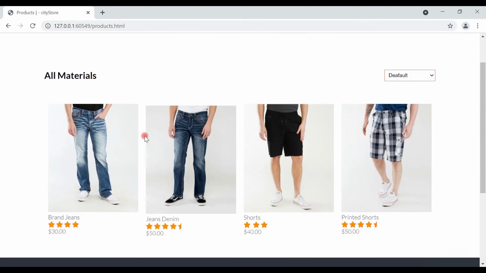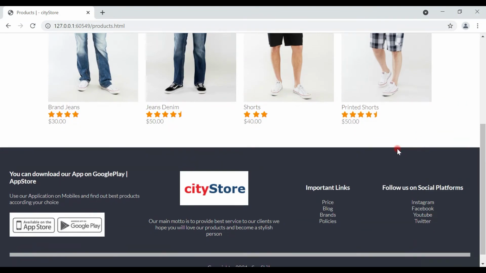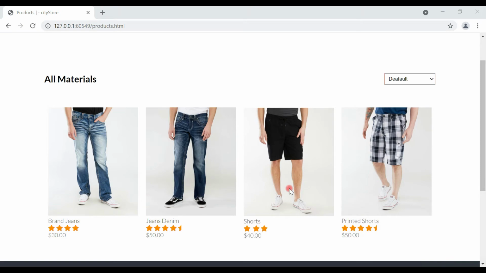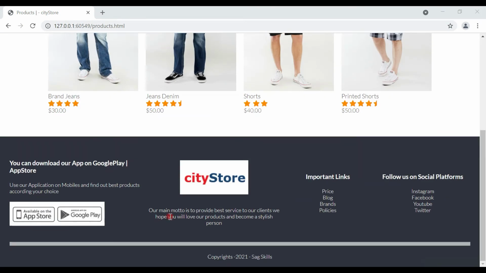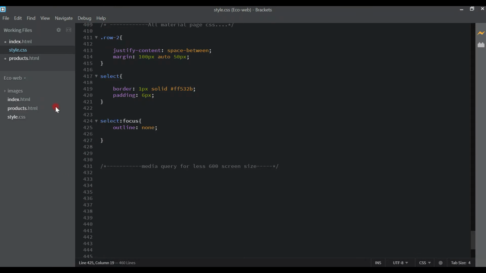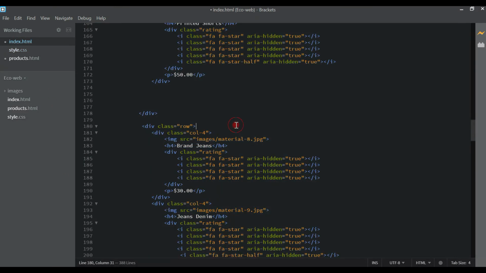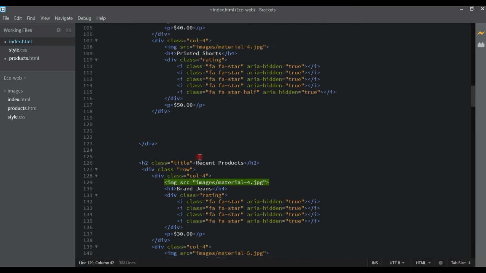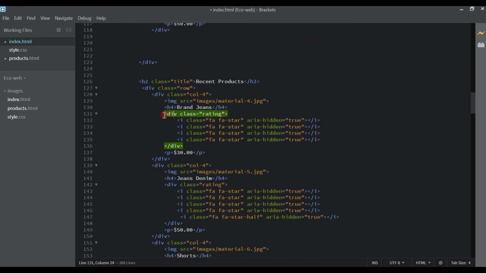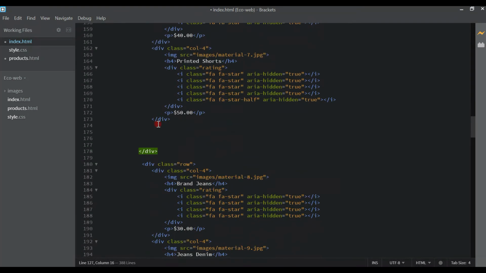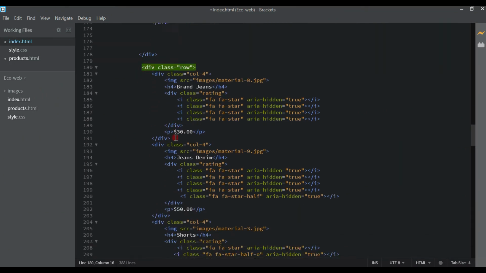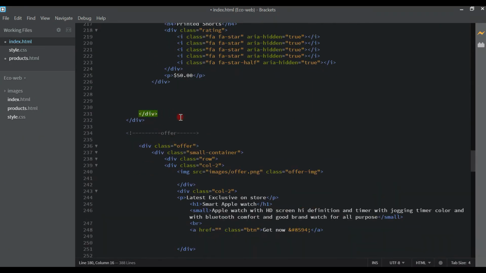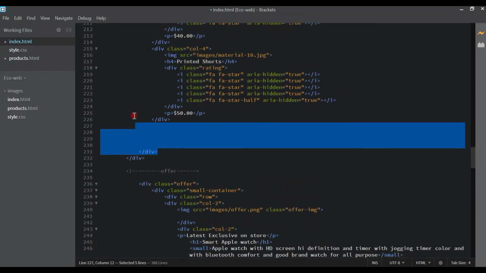Now next you can see we have these 4 products here. We will add more products here, so come back to the home page. Here index.html, we have to copy something from here. So we need to copy some products from here. As you can see here we have this row. Now this one, just copy this